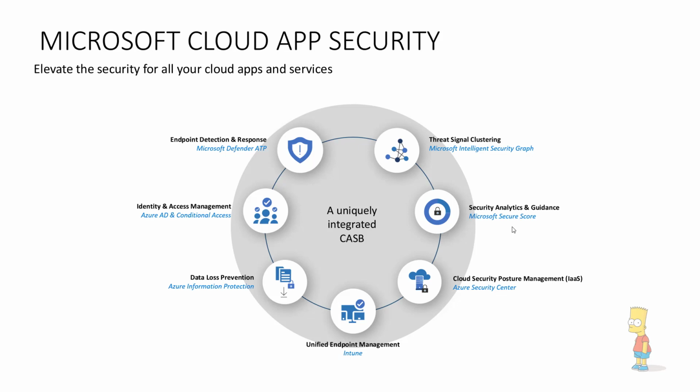So you can take actions based on that once this insight is given to the CASB. Then your IIS workload, which can be hosted on Azure, AWS, or maybe on-premise, as long as we have the Azure Security Center agent installed, we would be able to get those insights about the security posture and then pump it to the CASB. Then from the endpoint devices point of view, we have Microsoft Intune for endpoint management. So that will also pump the information to the CASB.